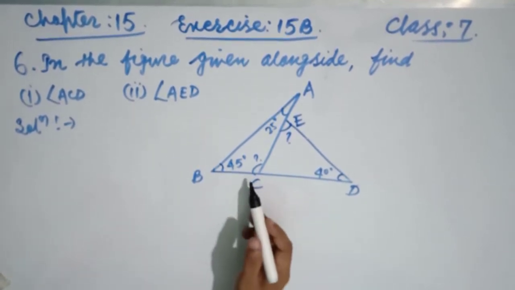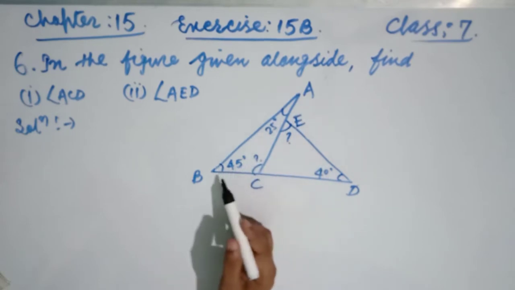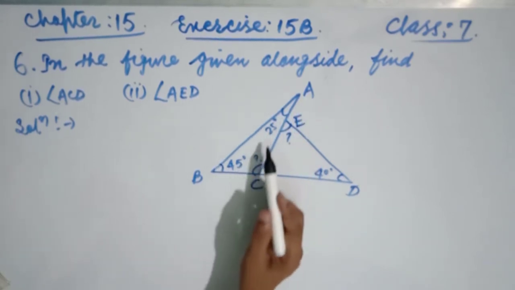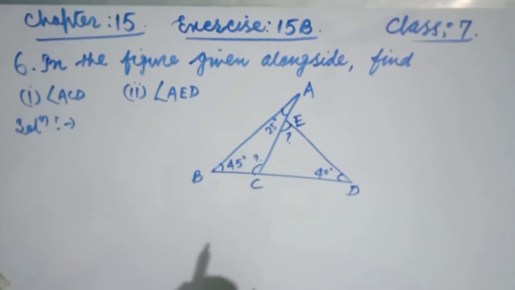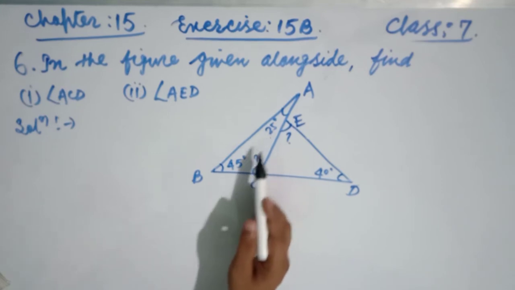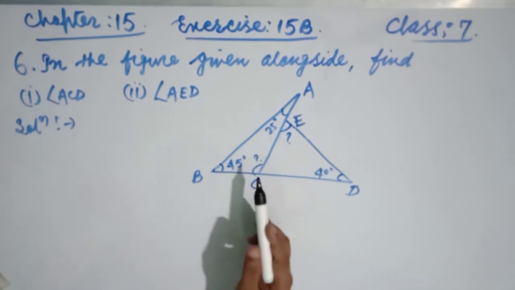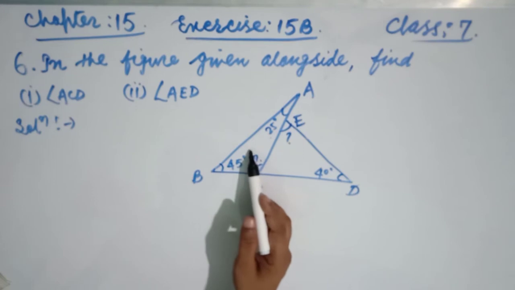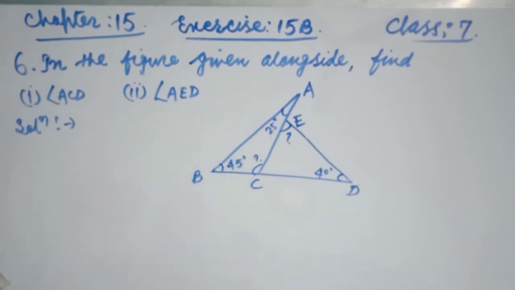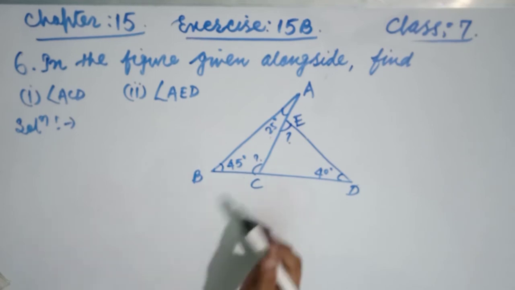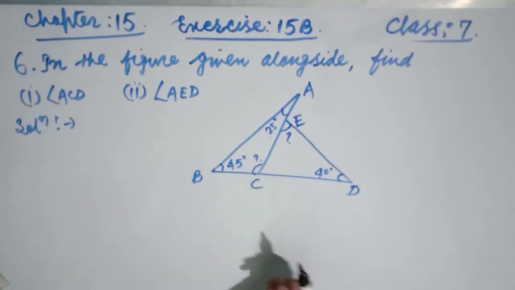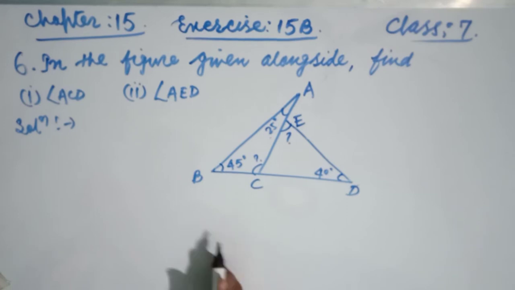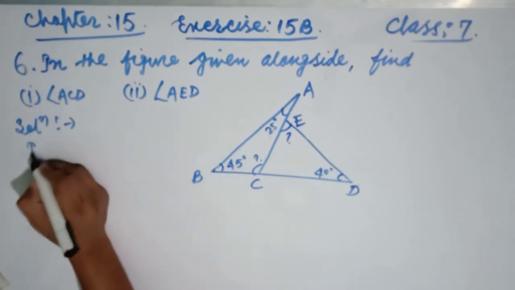How can we find it? If you look at this triangle ABC or ACD, then the sum of these three angles becomes 180 degrees. So the sum of this one plus this angle is equal to 180 degrees. Then add these two angles. Then take these two angles after adding to the right hand side with the negative sign and subtract from 180 degree, it becomes the angle C. Okay. Now see.